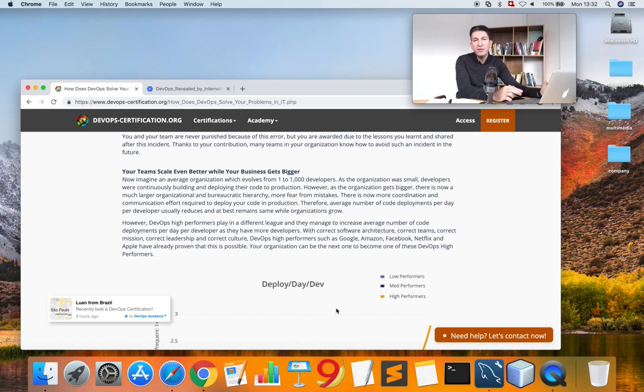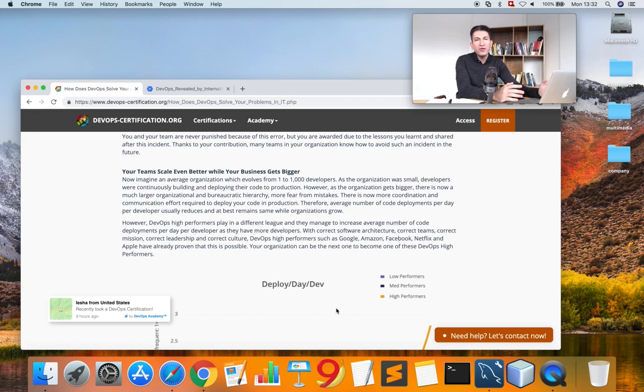So this can be summarized like that. If you have 100 developers in your team, and they do, let's say, 2 check-ins every day, you have 200 check-ins every day, right? But if you have 1,000 developers, then the average check-ins per day per developer usually reduces, and in this situation, you have 1,000 developers, but the average check-in is 0.5, and then you do 500 check-ins every day. And compared to this, it's a very